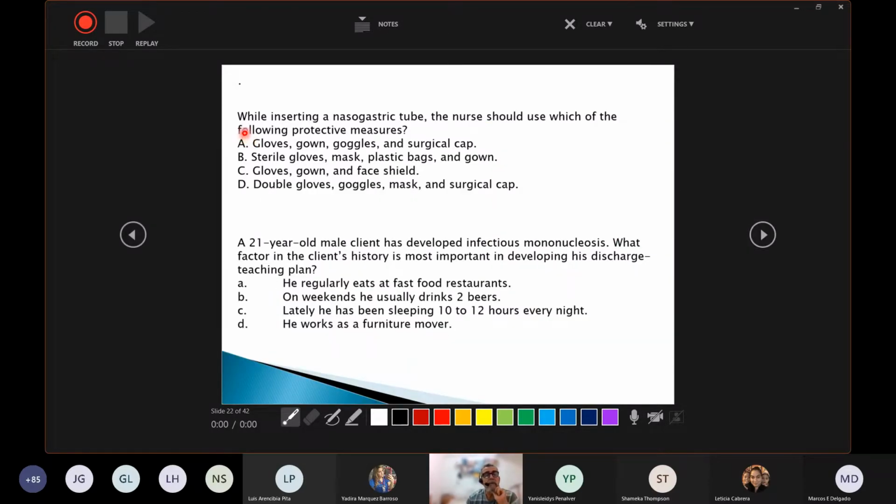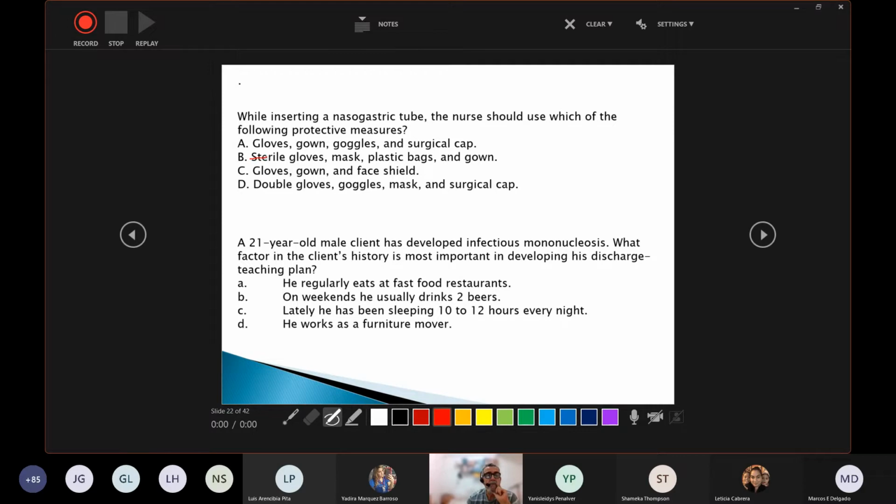Let's see this. Well, inserting a nasogastric tube, the nurse should use which of the following protective measures. So you have 4 combinations here. You have gloves, gowns, goggles, and surgical cap. Sterile gloves, mask, plastic bags. Okay. Sterile gloves